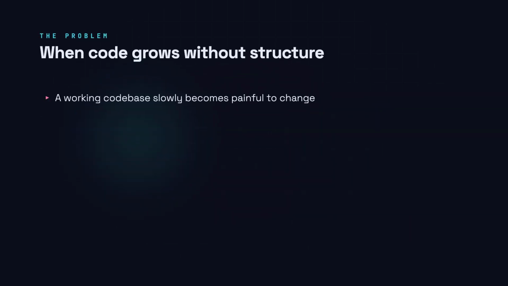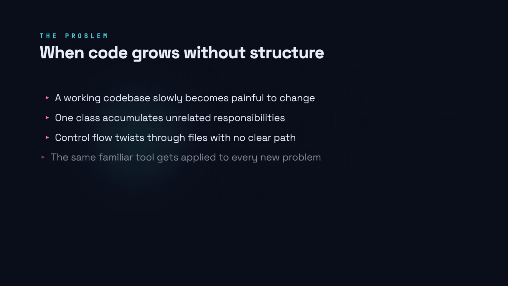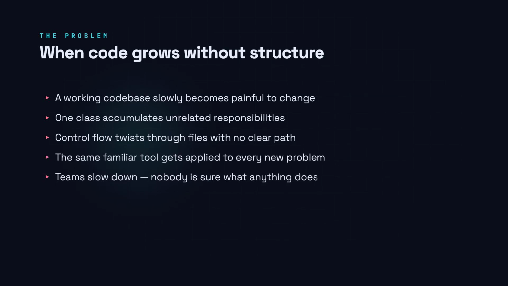Imagine a codebase that started clean. Over months, one class keeps getting new methods because it is convenient. Logic jumps between functions with no clear structure. Every new feature gets solved with the same tool, even when it does not fit. None of these decisions felt wrong in the moment, but together they create code that is slow to understand and